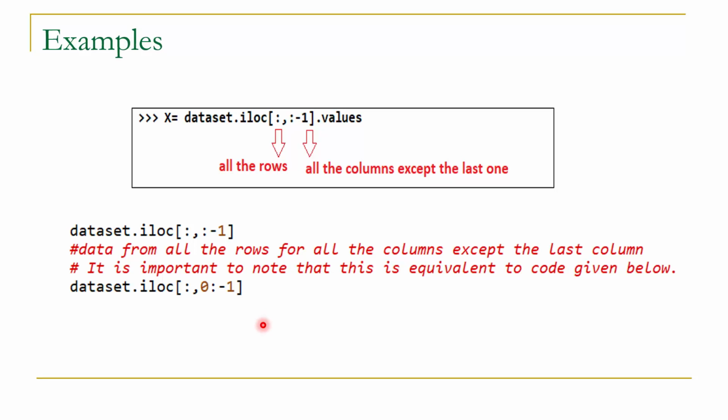So I hope that with these examples you will be able to apply the iloc function very easily to select the desired set of rows and columns for the data frame. This is very important to understand, because in order to apply a machine learning algorithm over the data frame, our first task will be to select desired columns as input and output. So in order to select desirable input columns and output column, we have to use the iloc method of the data frame. This is all about this session.